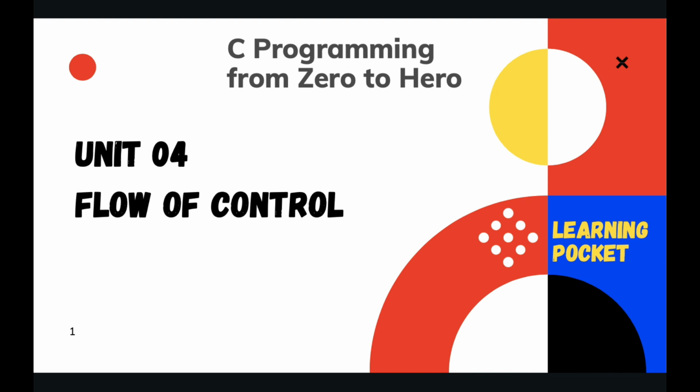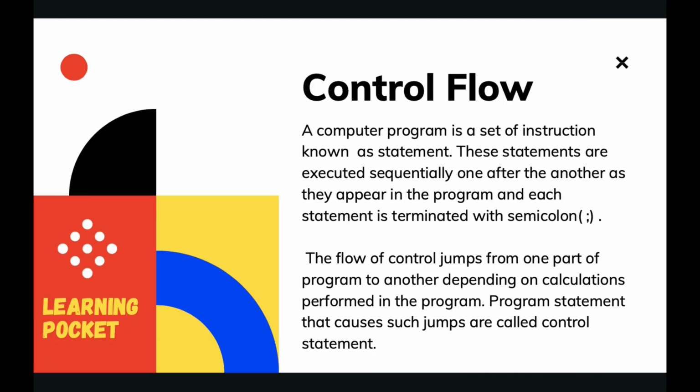In all the examples that we saw previously, all the statements in the program were executed line by line, one after another. That is known as the normal, or sequential, flow of control. Statements that help us manipulate that flow are called control statements, and we are going to study them in this unit.